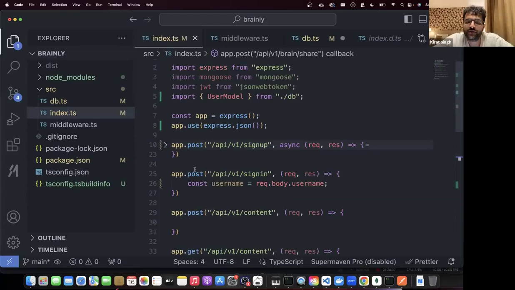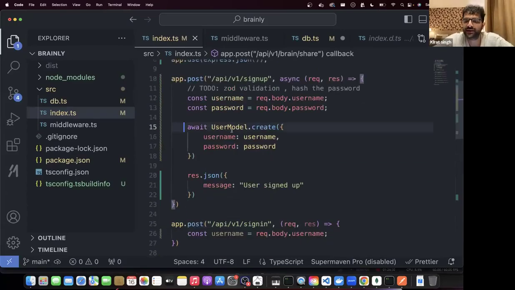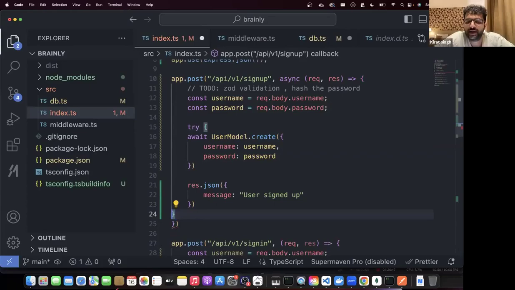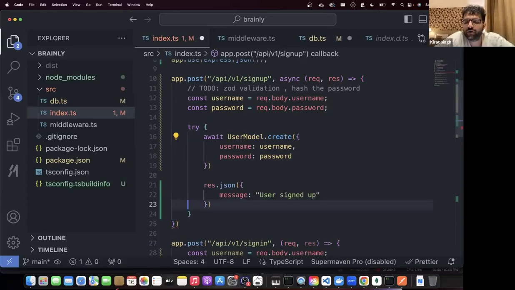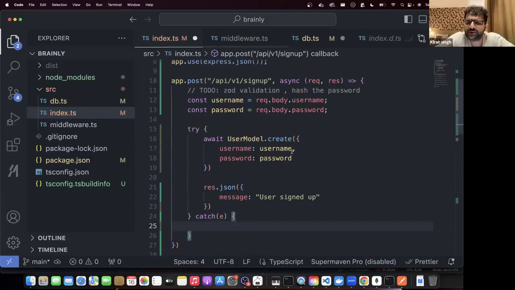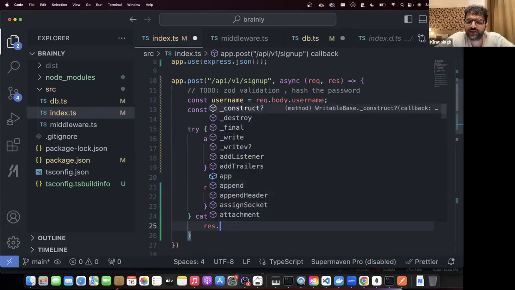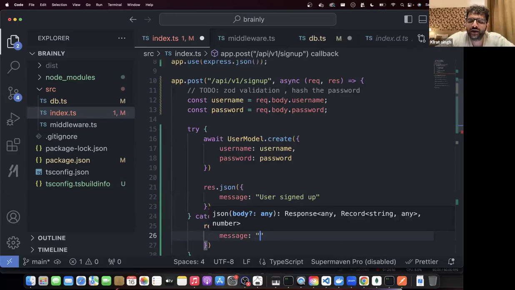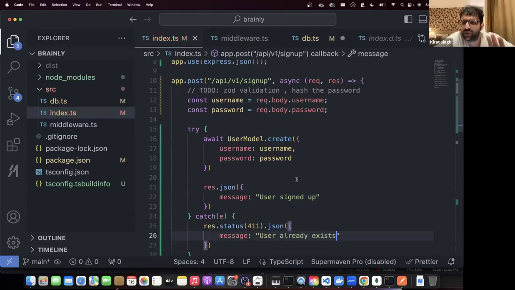You should make sure कि जो भी आपकी risky statements हैं, you put them inside a try catch. Maybe the whole thing put inside a try, कि भाई try for this code to run. और अगर नहीं चलता है, which will most probably happen because username same है, then tell the user कि यार कुछ फट गया. User already exists. Most probably तो error यही होगा.